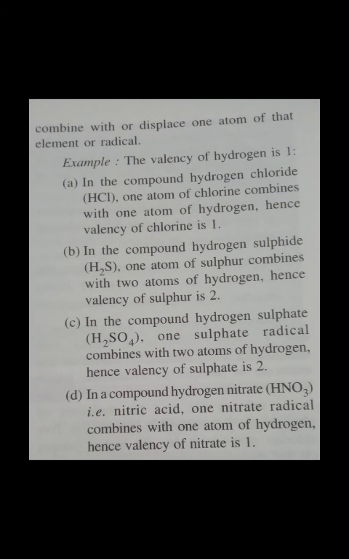In H2S, H is positive 1 and S is negative 2, right? In H2SO4, the valency of SO4 is 2 minus, and hydrogen is the same for all, 1 positive. In the compound hydrogen nitrate HNO3, NO3 has valency 1 and it is coming afterwards, so it is